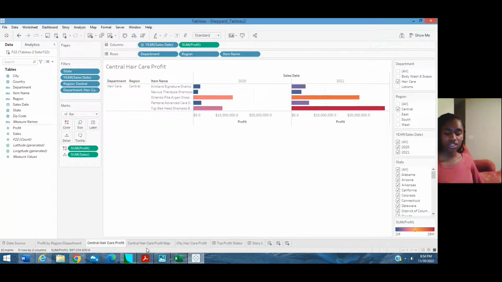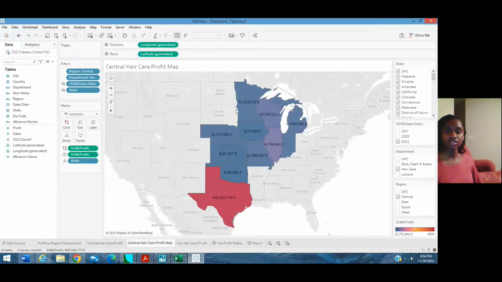So I will be looking at the Central Region Hair Care Profit Map. Although in the previous worksheet we could see the breakdown of the central region altogether, the items and what the region has to offer within their hair care department, you could just see that it was the central region. You could not see what states contributed to those high profits. So with the central hair care map, we are able to see the